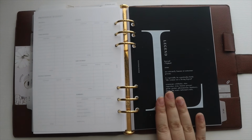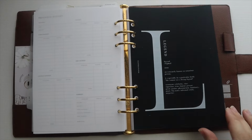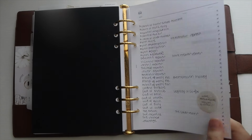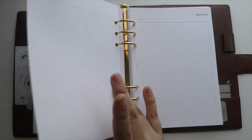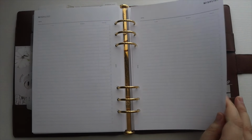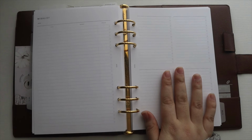So I think I'm gonna turn this into a home section this month. And I started with adding lists that I already had in my miscellaneous section. So right now I just have my book wish list for my library. That goes along with home, right? Because it's building my library. And then I just have these extra wish list inserts in case I need them. And then I have these